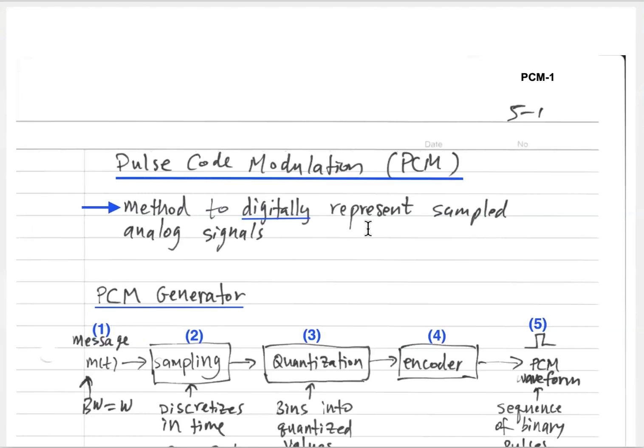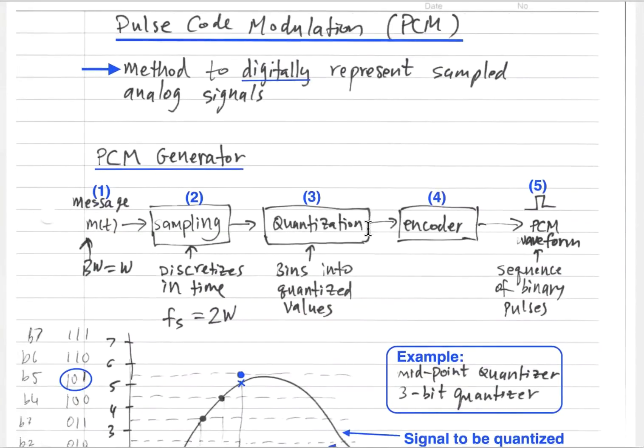We are now going to move on to talking about pulse code modulation and quantization. This is the bridge from analog to digital modulation. It's basically the details of the analog to digital conversion. Pulse code modulation is the method that's typically used to digitally represent